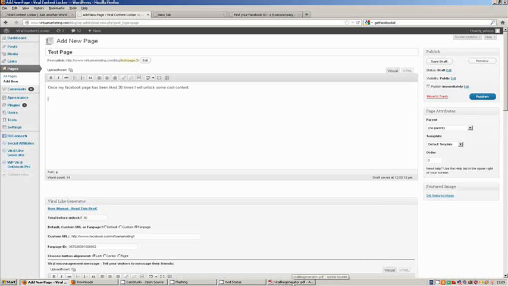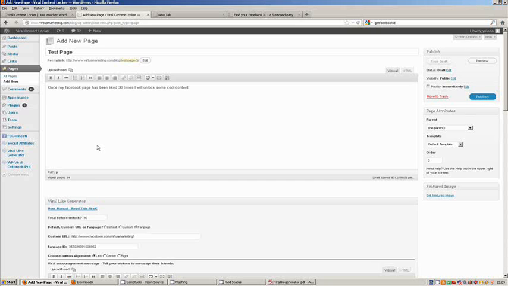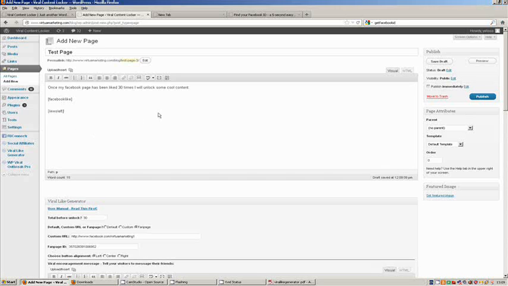So again, it's a shortcode. Just look up in the index here to get it. So we will add Facebook like, and I'm going to use the countdown in this as well, a shortcode that basically counts down how many more likes are remaining until the unlock occurs. So I'll use the likes left shortcode. So I'll say likes left. So however many likes left